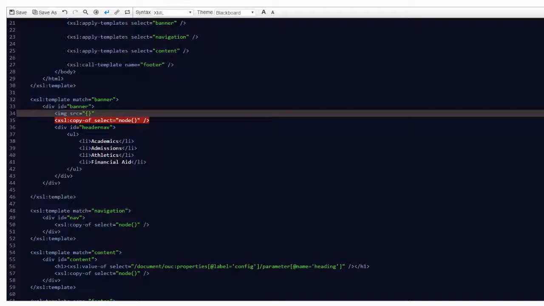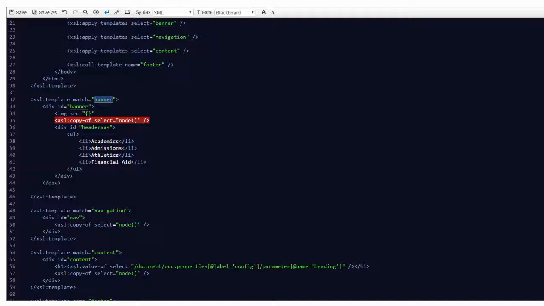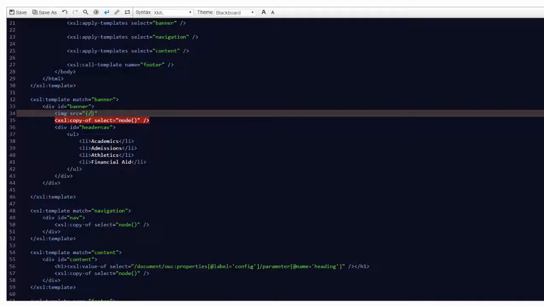Now once again, because we're inside the template match of banner, there's the assumption that we're already looking for additional nodes that just reside within that same banner node. But since we're pulling it from a page property instead of something that resides within banner, we have to do what we did down here and actually start from the root node and work our way down once again. So I'm just going to start with /document/OUC properties with the label of config, and we're going to look for the parameter inside that